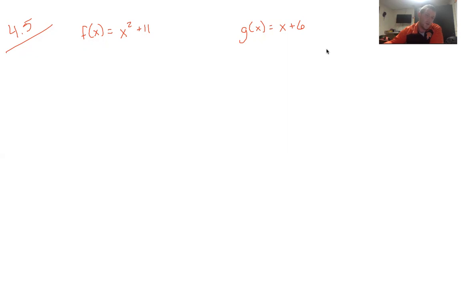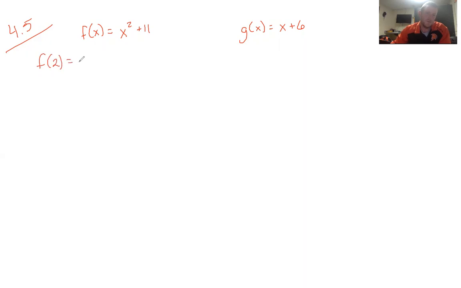And what that means is really I could plug in a number here and get an answer. I could plug in a number here and get an answer. But what if I added these two equations together, or subtracted them, or did something like that? So, let's